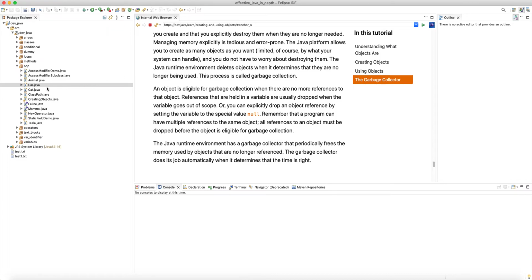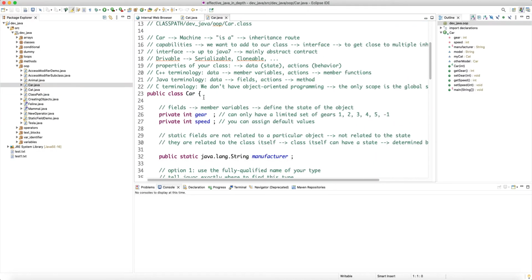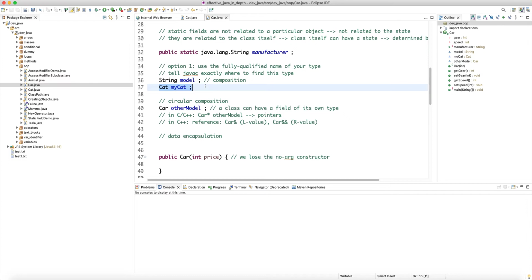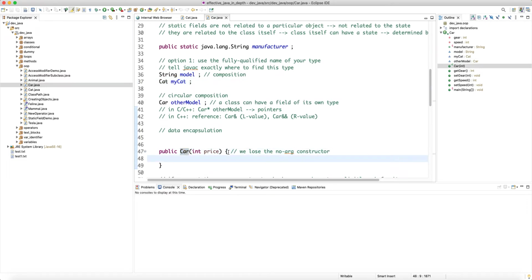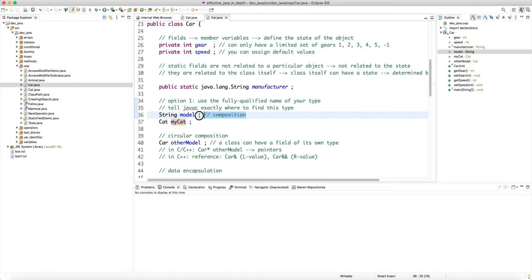Now sometimes the fields of other methods or other classes become reference types, right? For example, here this variable is of type cat, and then when we call a constructor, we can actually initialize this variable by calling the new operator on one of the constructors of this type, right? And therefore a non-static field of this class holds a reference or a pointer to an object that holds some data, right? And this is a very typical thing, and we said that this is the concept of